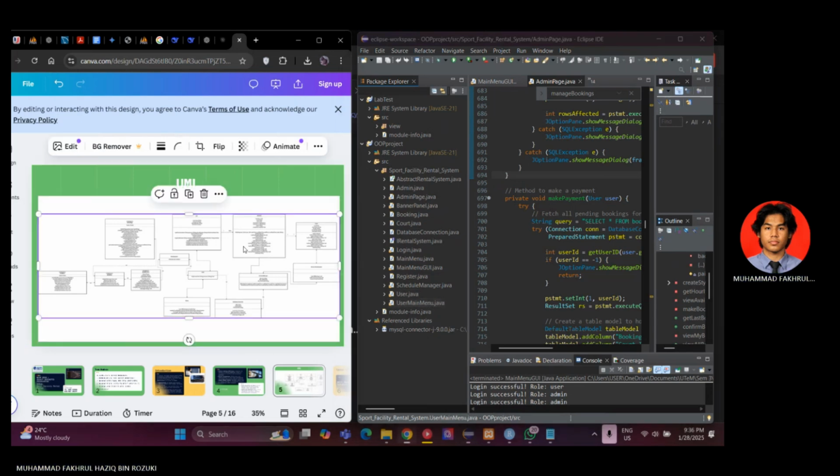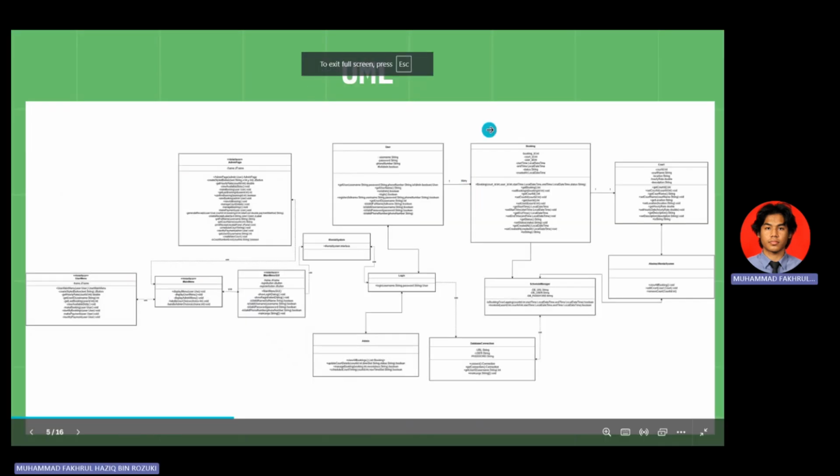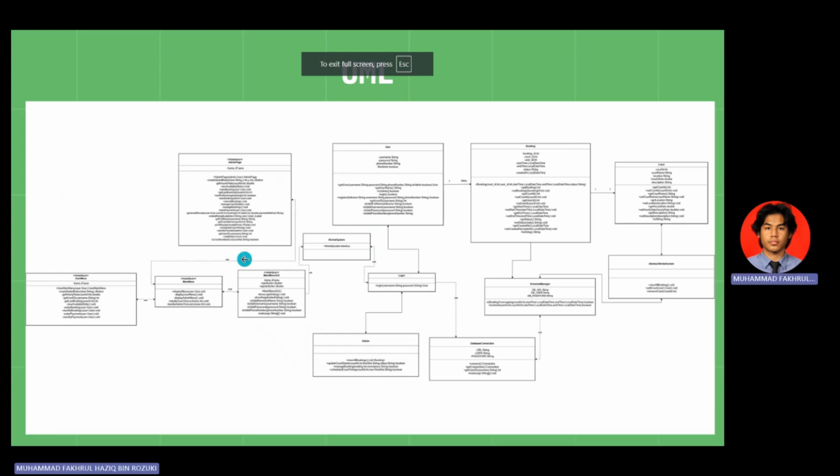Alright, so I'll be covering the UML first, and then followed by the username. So let's just have a look at our UML first. So we have all these tables. So as you can see, we have admin page, which has the components of